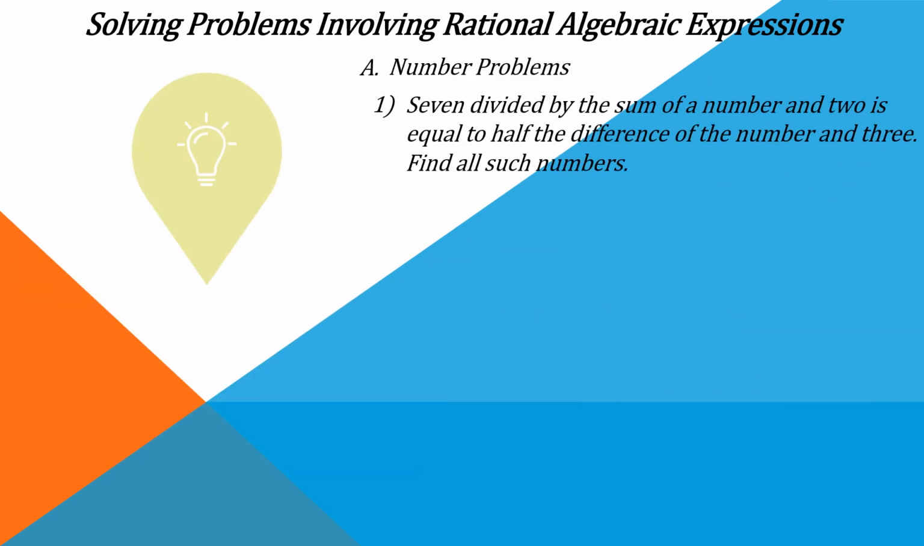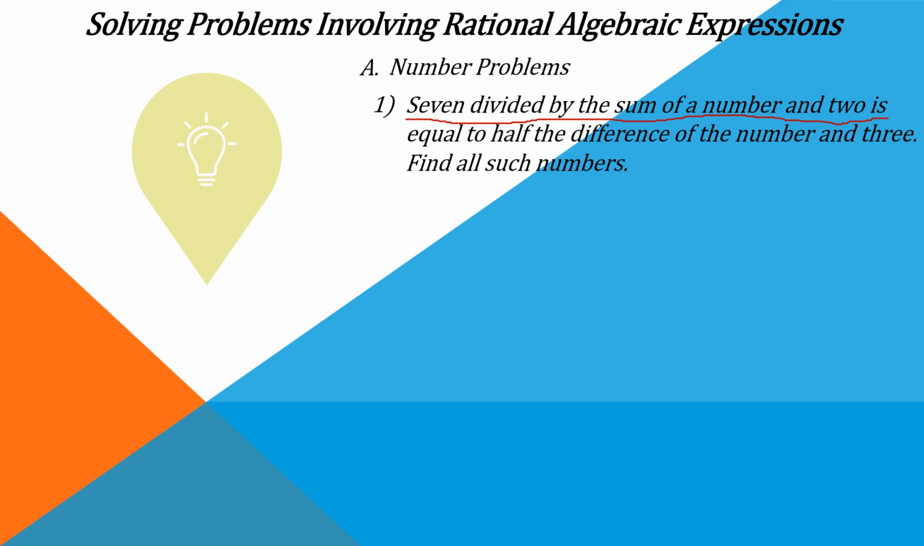For number problems, example number 1. 7 divided by the sum of a number and 2 is equal to the half difference of the number and 3. Find all such numbers. In my previous video, I discussed different terms involved in worded problems in mathematics. And we need to understand those terms, or we can translate those terms into English so that we can understand the word problems. In this example, we have said that 7 divided by the sum of a number and 2,